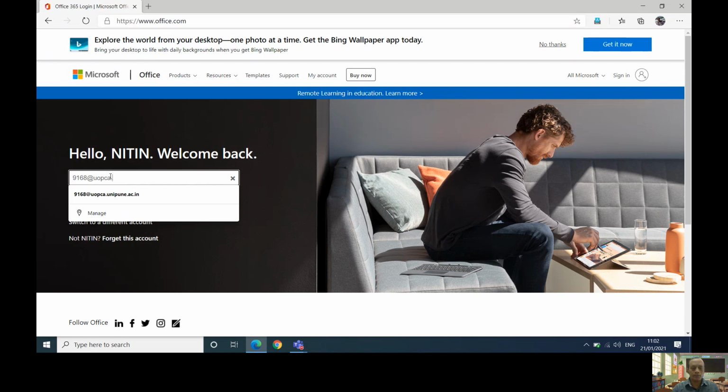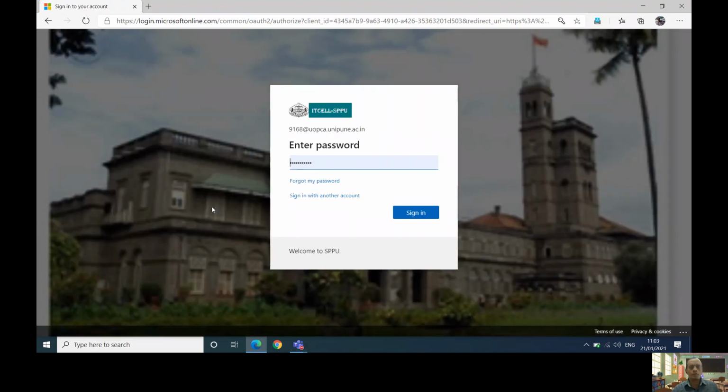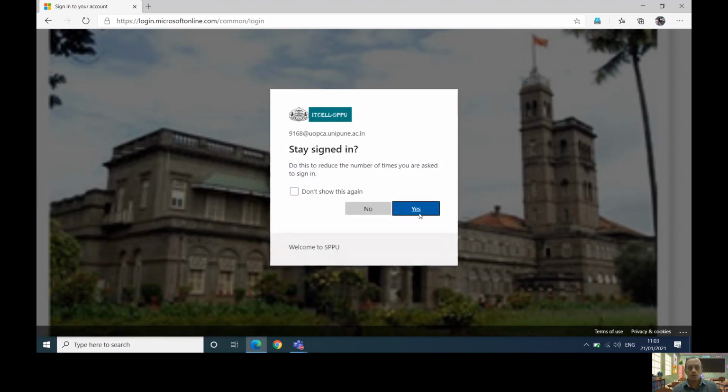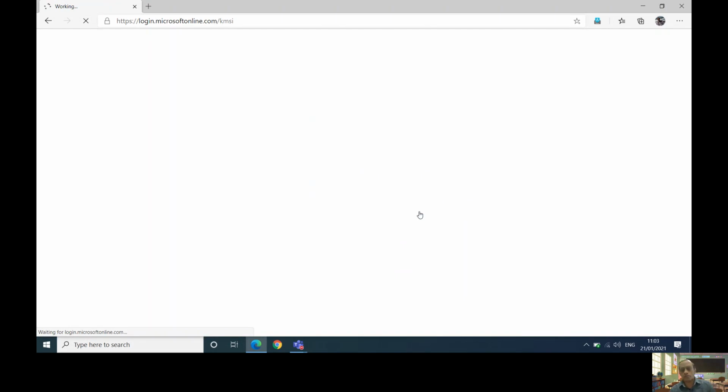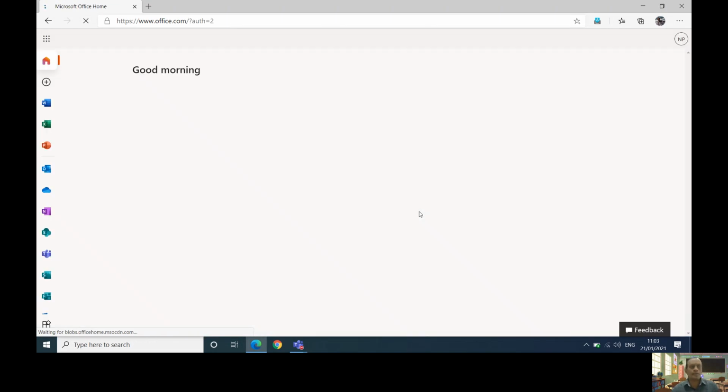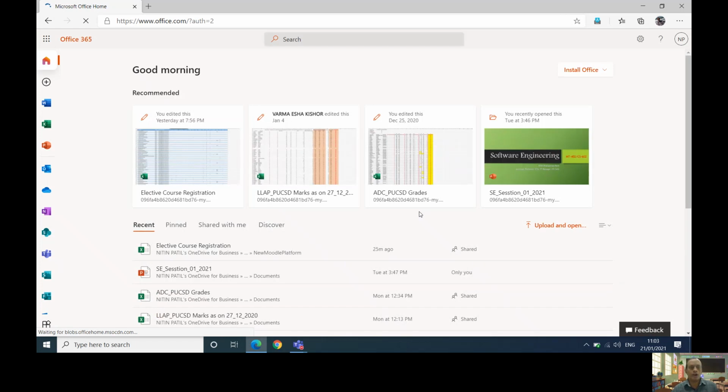So you have to write your username, and then the password that you have set through HRMS. All regular employees will be adding their password from HRMS. The visiting faculty or contractual assistant professors will be adding the password which was reset by them earlier when they registered with the system. After inputting the password, you'll be taken to office.com. The first time, it may verify your login by sending an OTP to email or mobile. But if you have already logged in, you would be taken to some UI like this.